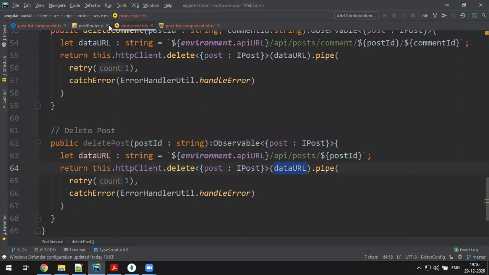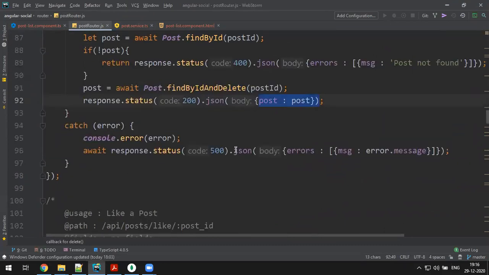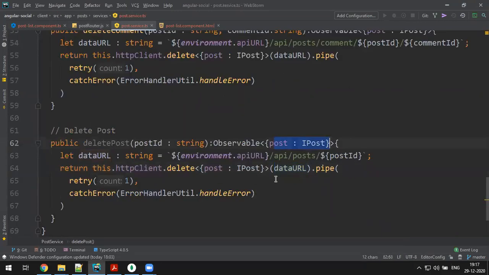And what do you get back? You receive back the post only. Once you delete it, the deleted post will come back. If I get the deleted post, what do I do with that? Except that post, I'll display the remaining things. Okay, understood. So the service receives the particular post after deletion. Fine. Anything else? That's it. Delete request.